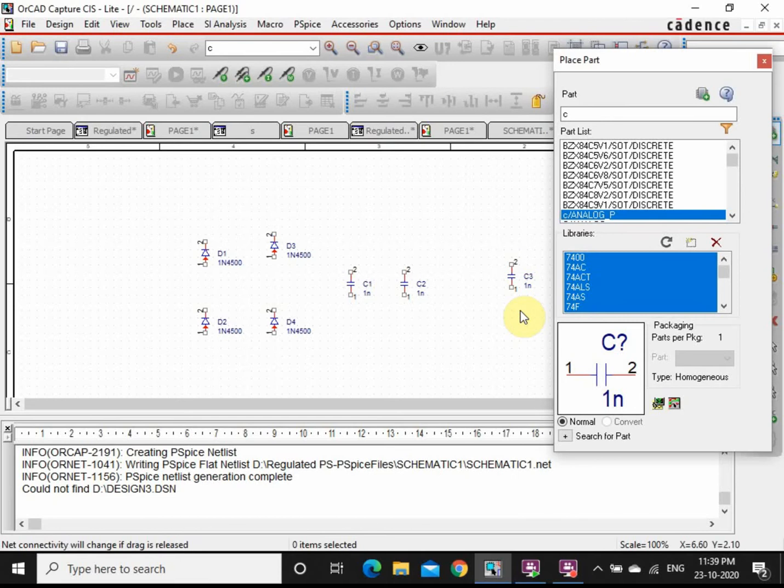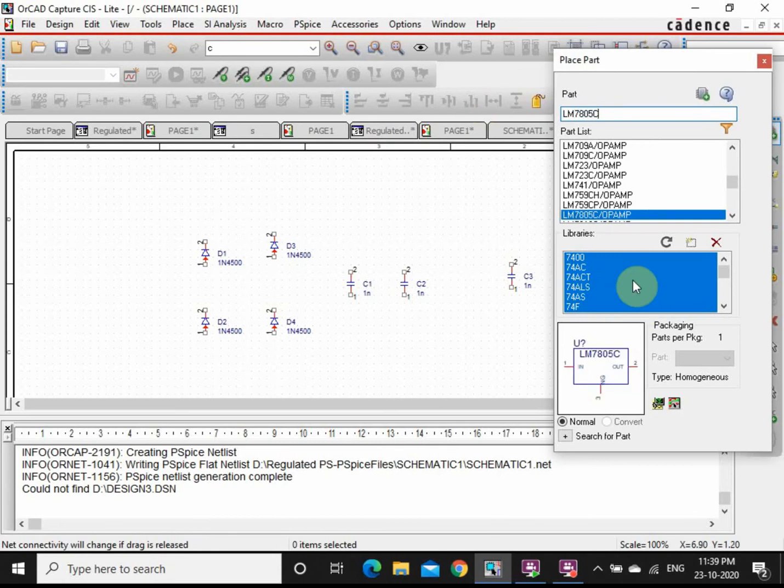Once you do it, next you need your regulator. Your regulator is nothing but the LM7805C. You got the component here, what component you want, so add. Keep it here.